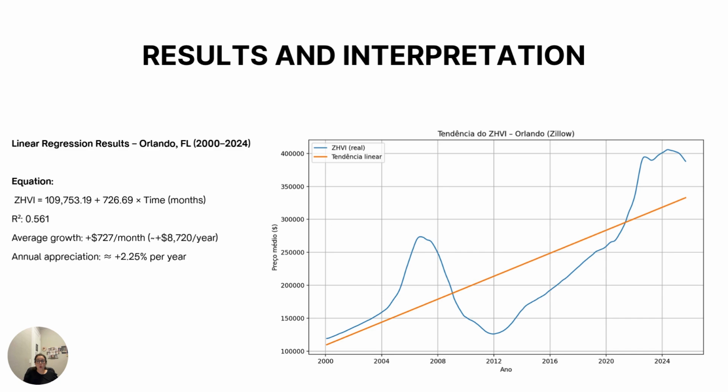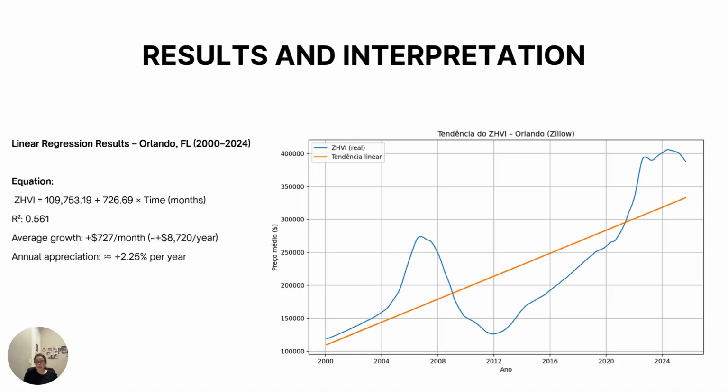ZHVI equals 109,753.19 plus 726.69 times time, basically tells us that on average home value in Orlando increased by about $726 each month, or roughly $8,700 per year. The R squared value, or R2, of